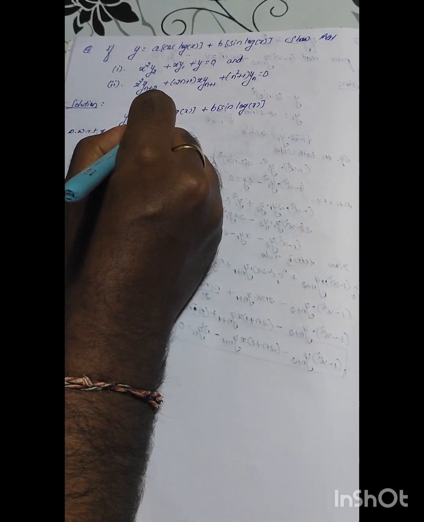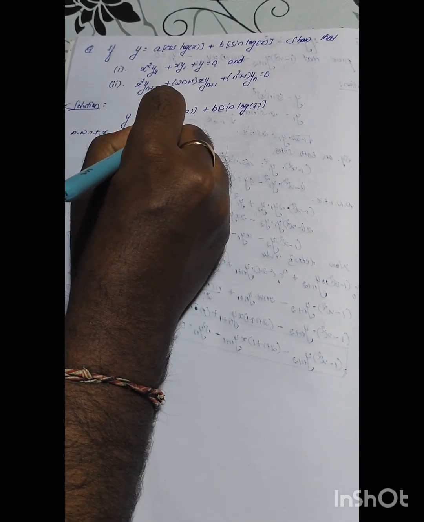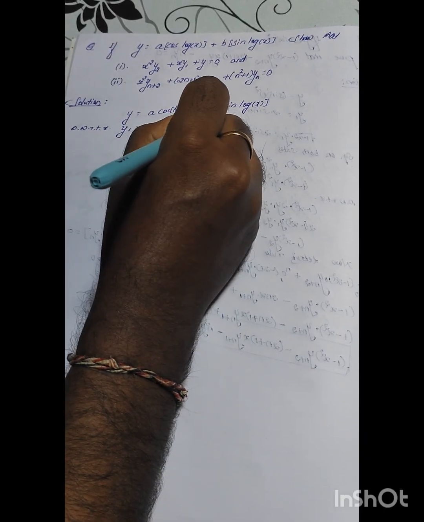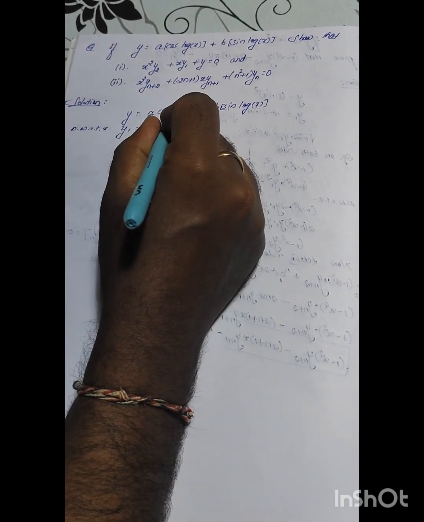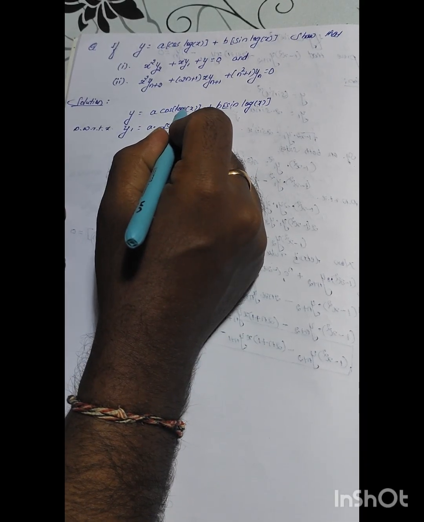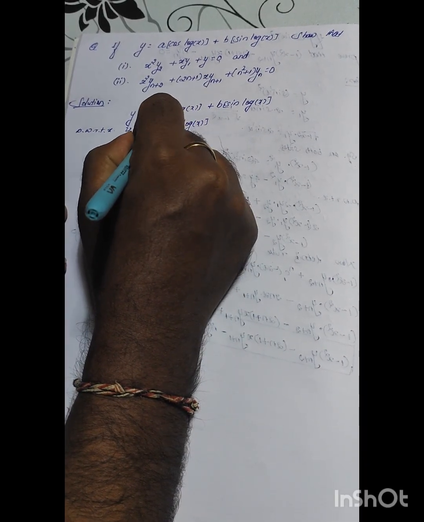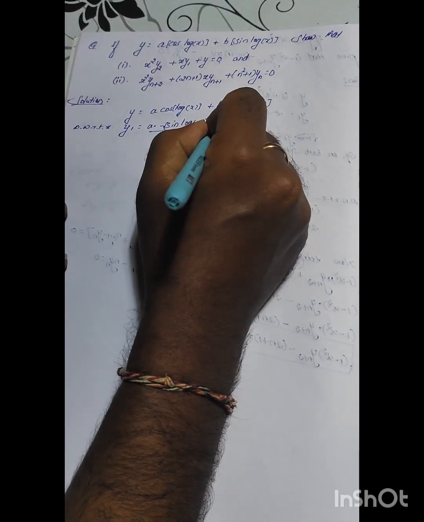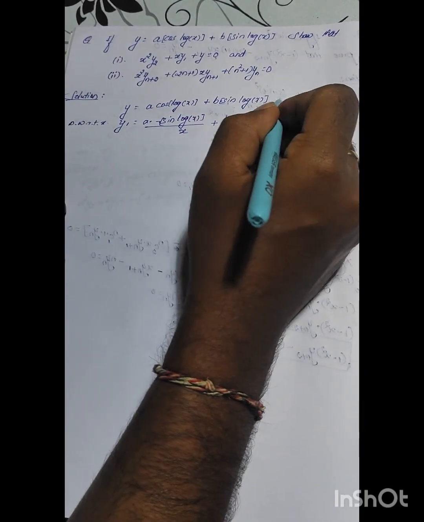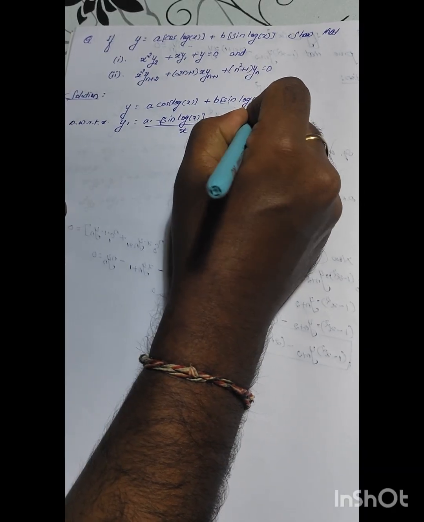Cos of something is minus sin, so that will be minus sin of log x, and we have to apply the chain rule and get the derivative of this log x also. So derivative of log x is 1 over x, so that x will come into the denominator, plus b is a constant here, I will write it as it is. Sin of log x is cos of log x,